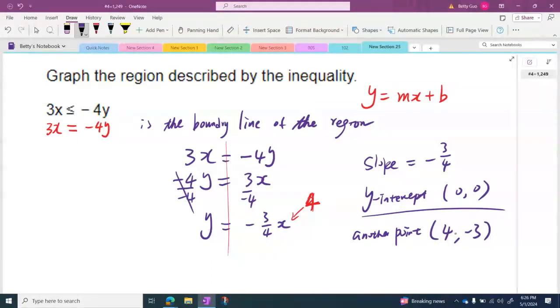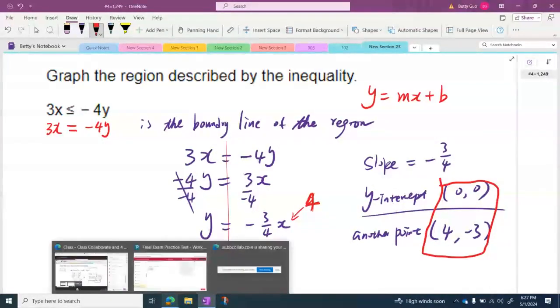So this would work, and it's easier than rise and run. Well, it depends on your preference. Rise and run is also a good method. Or you just plug in a value to find another point. So here I plug in 4. 4 cancels the denominator 4, and the y value is -3. So (4, -3). I'm going to use the 2 points here, (4, -3) and (0, 0), to graph the